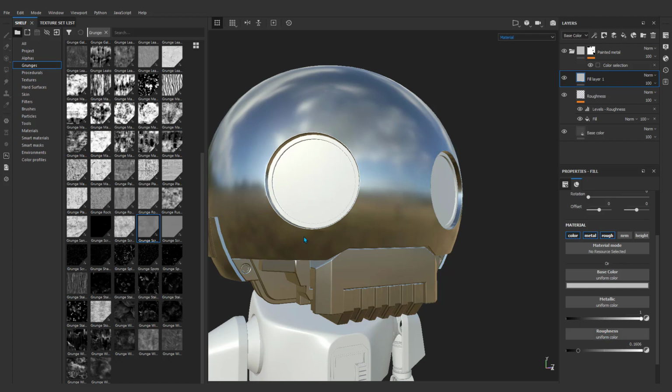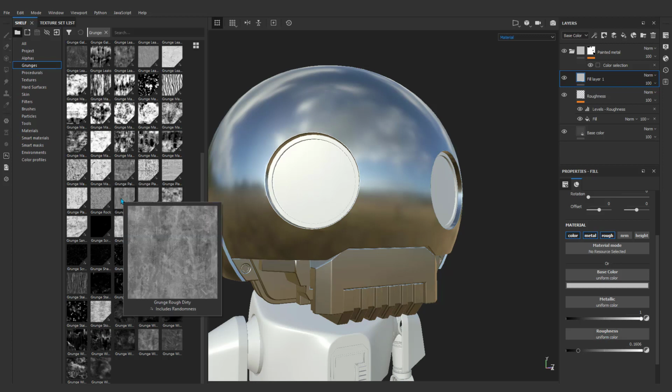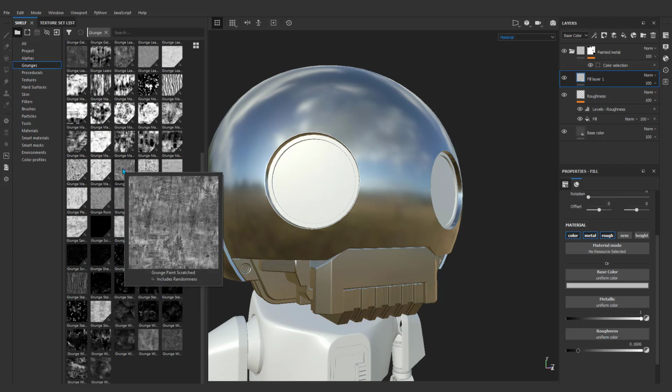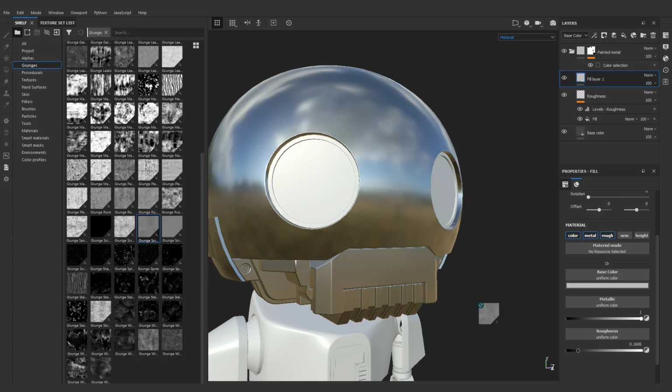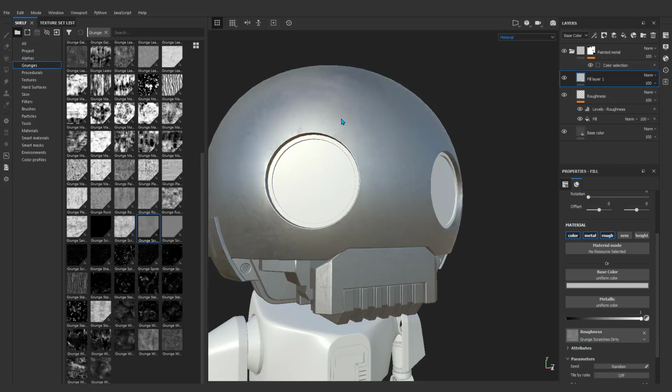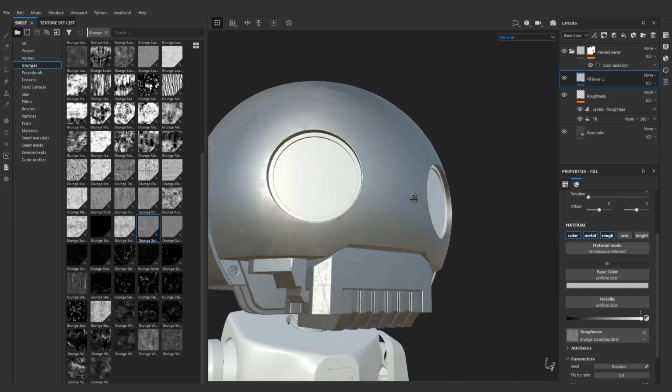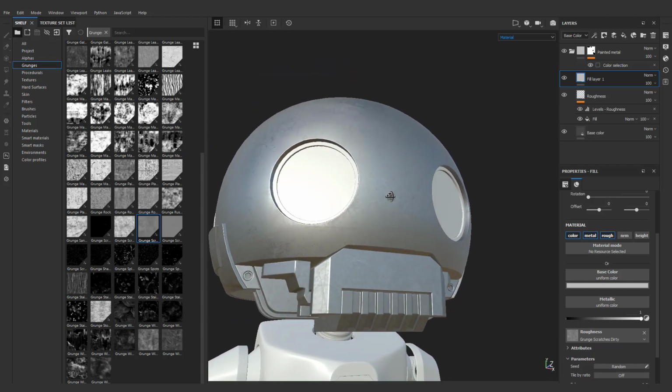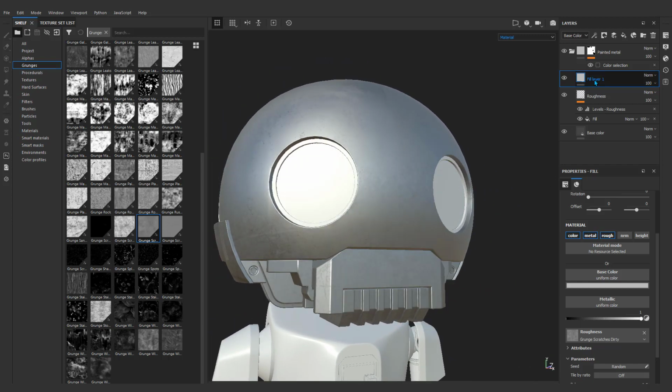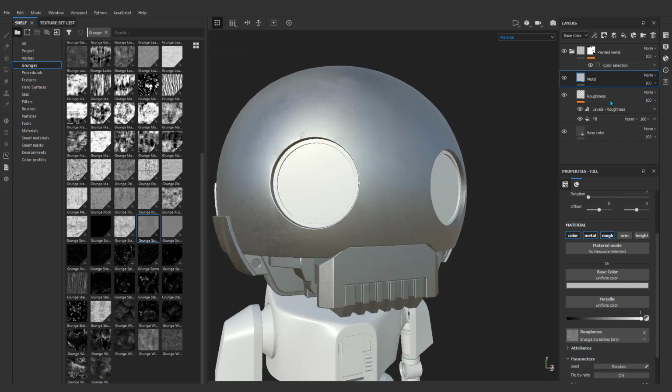And we can grab one of these textures and put it inside the roughness. I will grab the same one and add it here, just to make some variation in the roughness. And now we got this result. That's cool. So I'm going to change the name of this material to metal, and now what we can do is we can add a mask for the metal, because I need to target